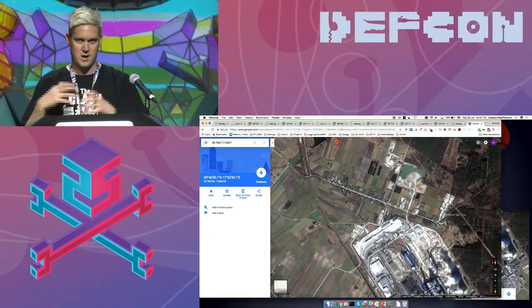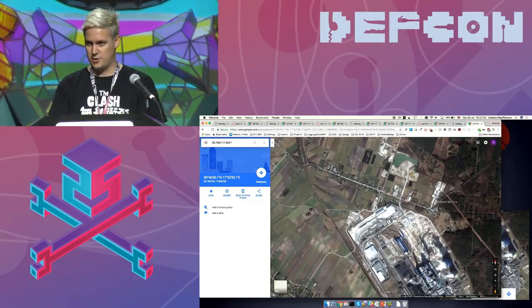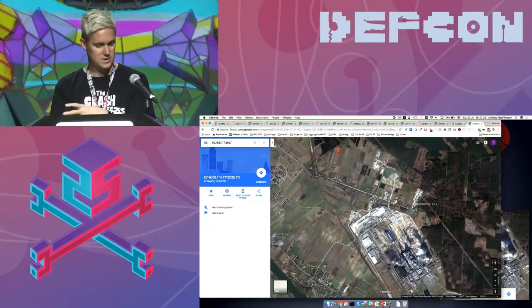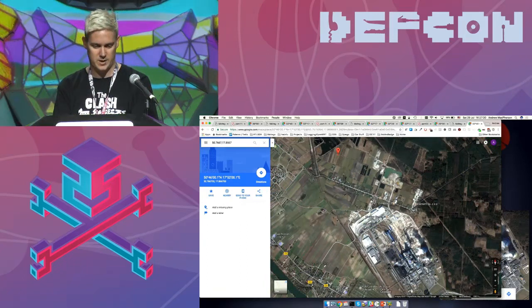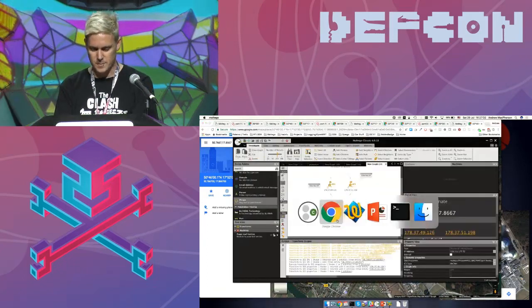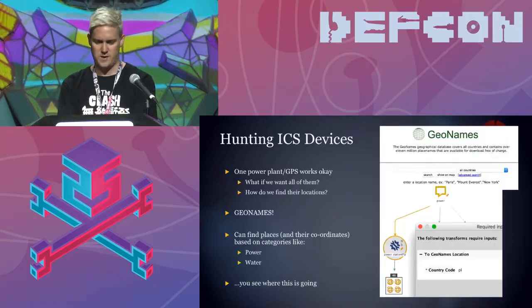So if I'm targeting all power stations in a particular place, or in this case just this one, and I know that they're not going to be in the city, then this is okay for me. Like this will work because I can argue that most likely I'm going to be able to get to that. So that way works pretty well. Within a 3 kilometer radius, that worked out fine.